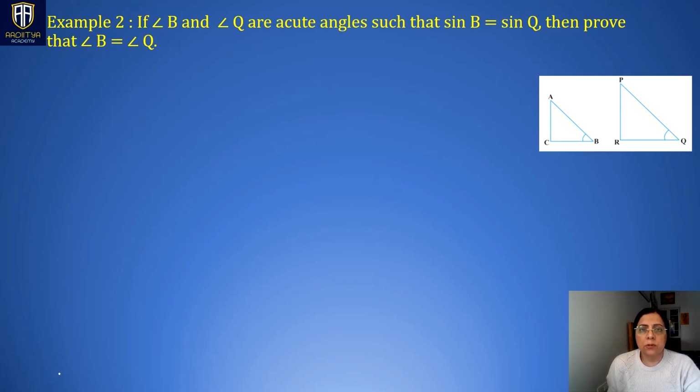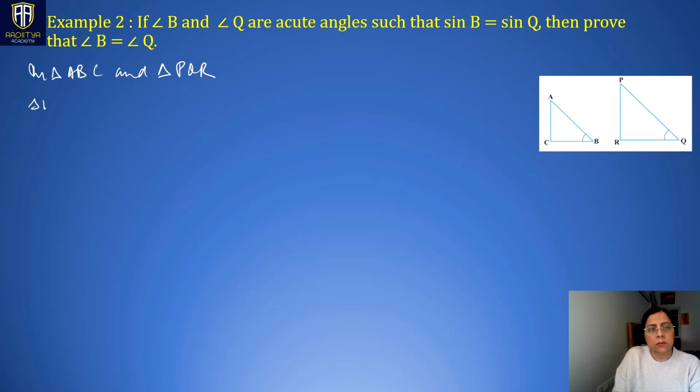If the angle is the same, whatever the size of the triangles may be, the ratio remains the same, even if the sizes are different. So what we have to do is, in triangle ABC and triangle PQR, sine B is equal to sine Q. Now let me